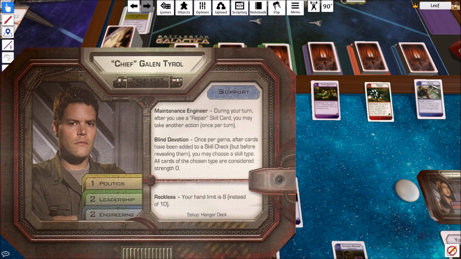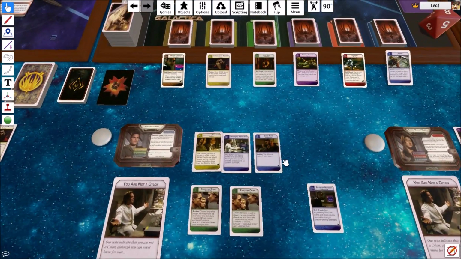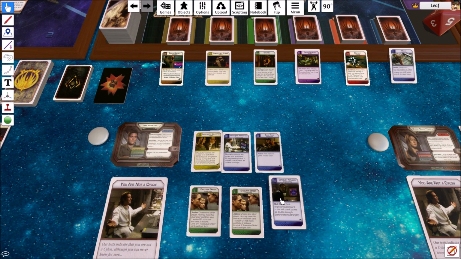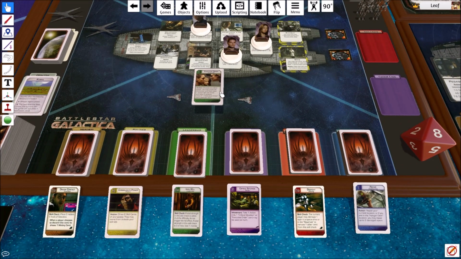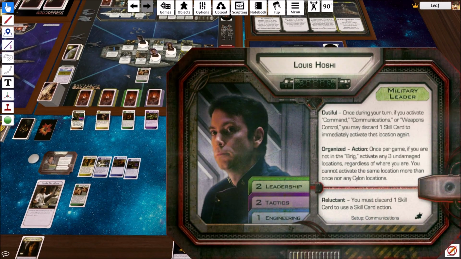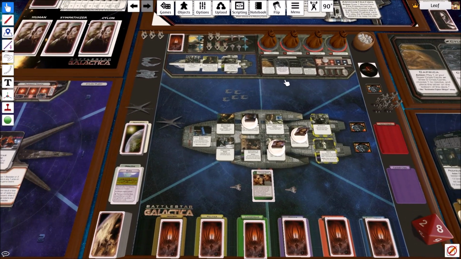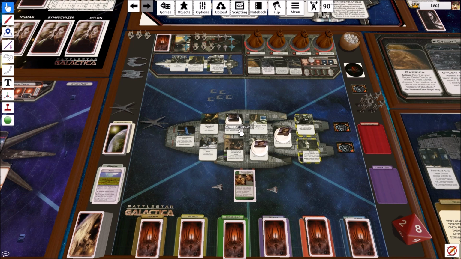Now his special ability is whenever he uses a repair, he can actually take another action once per turn. So right now he's going to go ahead and do an executive order. And he's going to use an executive order on, let's see, what's his special ability? You can discard a card to activate a location again. That's kind of interesting. Oh, it's also once during his turn, so you can only do it during his turn. Alright. Alright, well, with that in mind,